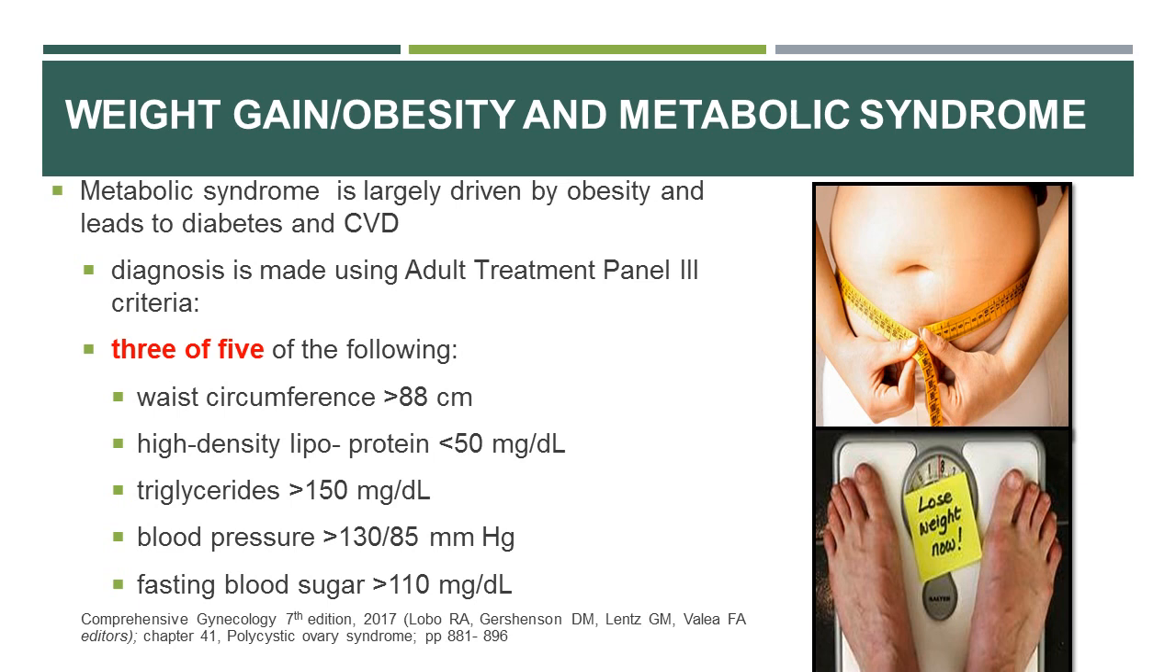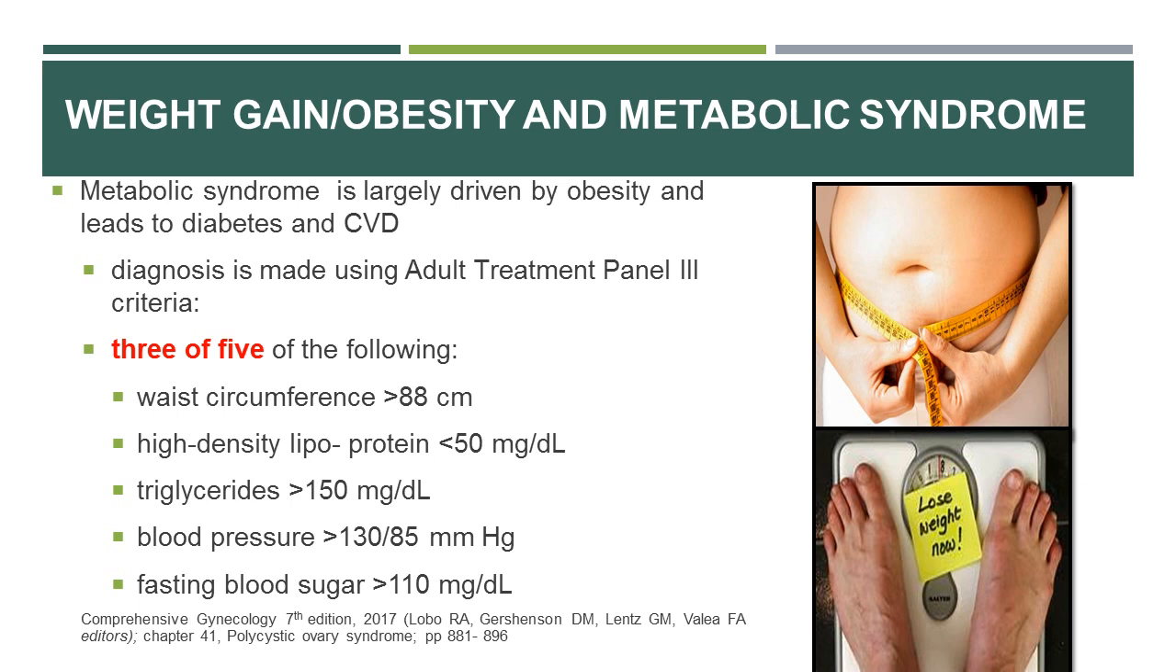Metabolic syndrome, which is largely driven by obesity and leads to diabetes and cardiovascular disease, has a prevalence during the reproductive years. The diagnosis of metabolic syndrome is made using the Adult Treatment Panel 3 criteria, and we have to fulfill 3 out of the 5, and the criteria are as follows: a waist circumference of more than 88 centimeters, high density